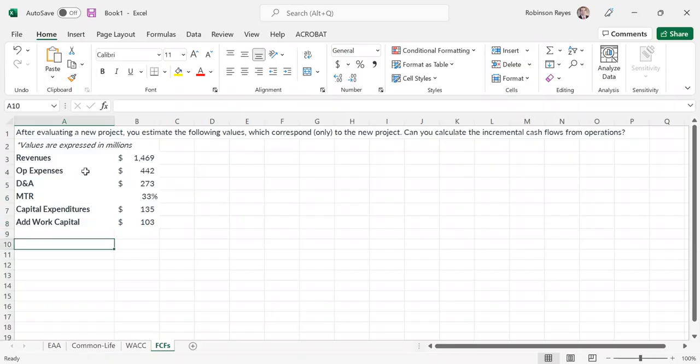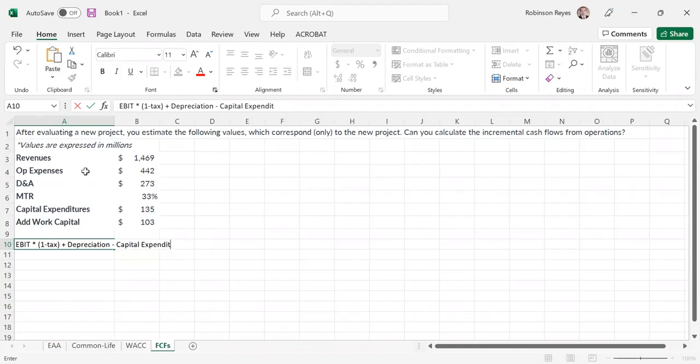If we want to calculate these incremental cash flows, we are looking at EBIT, or earnings before interest and taxes, and then we're going to multiply that by 1 minus the tax rate. Once we do that, we will add back the depreciation, and then we will subtract capital expenditures, and we will also subtract increments